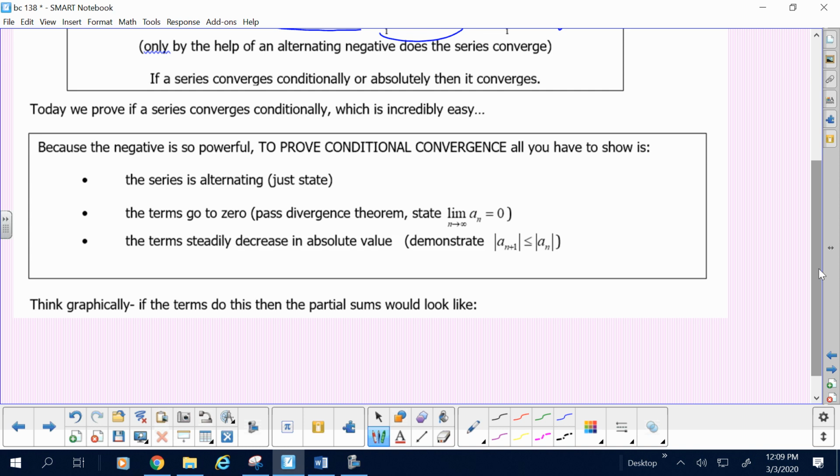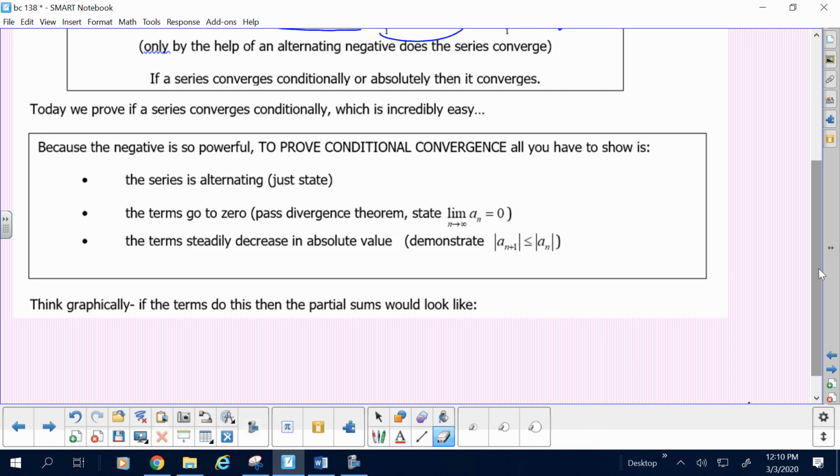Okay. Second is the terms have to go to 0. That's still always going to need to be met. That's the divergence theorem. Otherwise, it has no chance. If they don't go to 0, then it's just going to spiral out, not in. And then last but not least, the terms have to steadily decrease in absolute value after some point where the terms are getting less and less. Now, it feels like these overlap a lot, and there is a lot of overlap, but